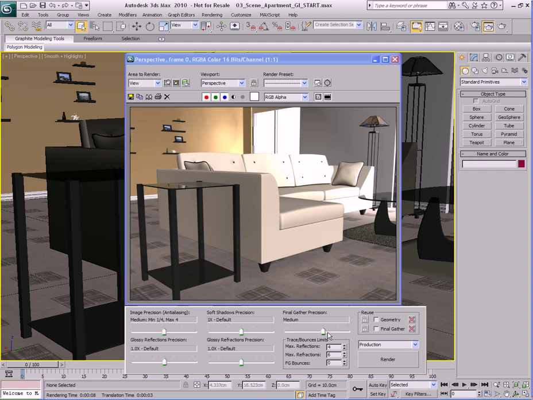So let's go ahead and turn final gather off. Let's also enable the geometry caching over here, because this is a more complicated scene, there's a lot more polygons here, so the translation process is actually going to slow us down by a little bit. So let's use this geometry caching to get rid of that. Let's also reduce the image precision over here, the anti-aliasing from medium, which is the default, to low, just so it renders out faster. And if we render this out again,